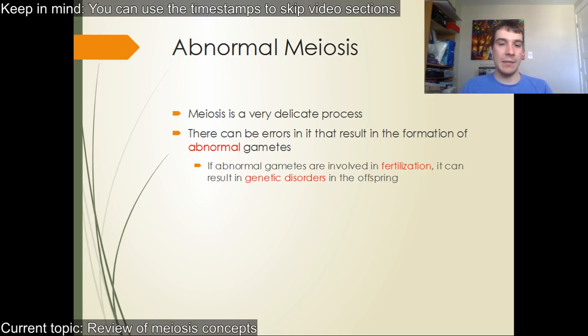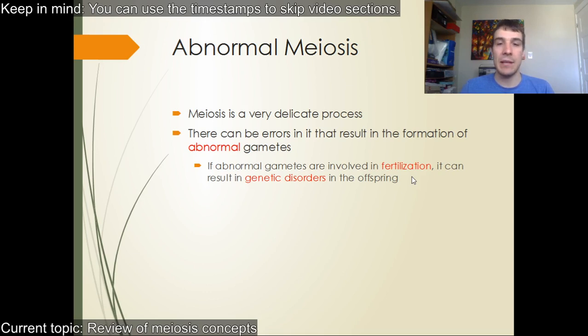Sometimes the gametes don't split correctly, and then they just get tossed. There's all kinds of interesting cell mechanisms that will stop the process if it's not going well. So yeah, there can be errors, and if it happens during fertilization, if that specific gamete that has the problem